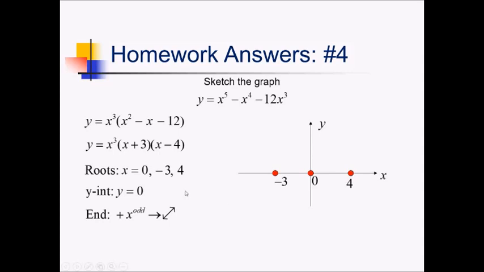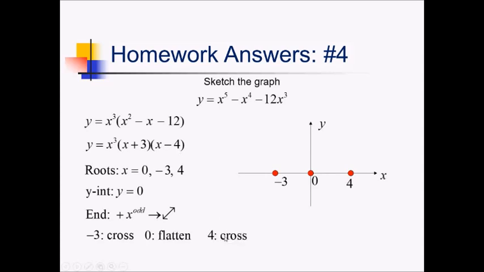For the root behavior, looking at -3, that's a single power factor, so a single root, so we're going to cross through -3. The next one, 0, that came from this x cubed. That's a triple root, so we're going to cross, we're going to flatten. We are going to cross, but we're going to do so in a flattening manner through 0. And then at 4, that came from a single factor, single power, so that's going to be just crossing without